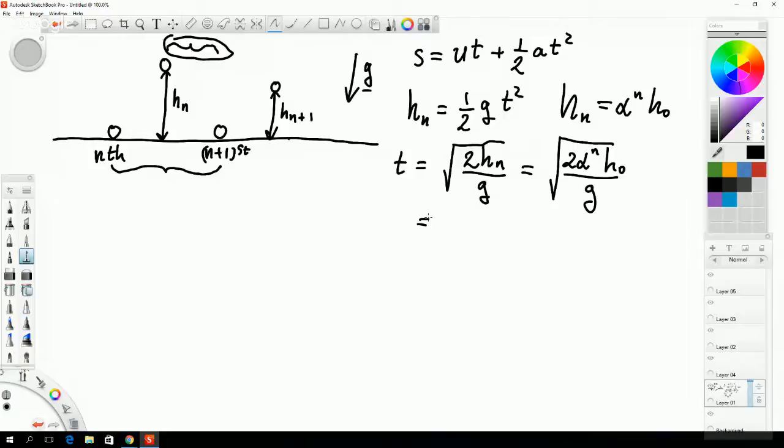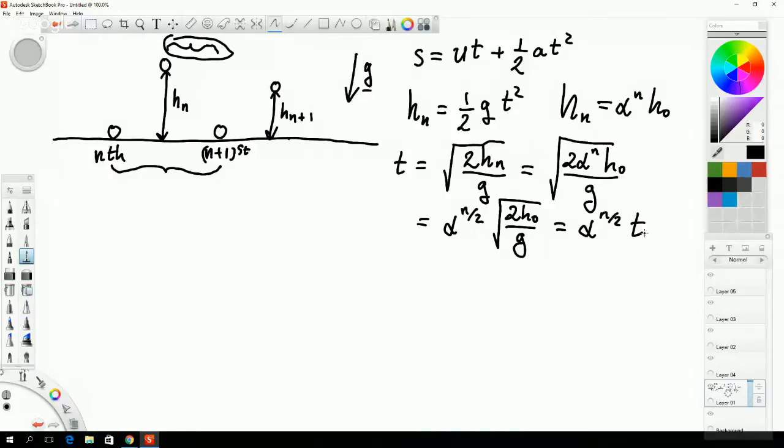Or in other words, alpha to the n over 2 times the square root of 2h naught over g. And let me call the square root itself t naught, for I hope obvious reasons, because it is the time that it takes from the initial height to the first bounce. So we get